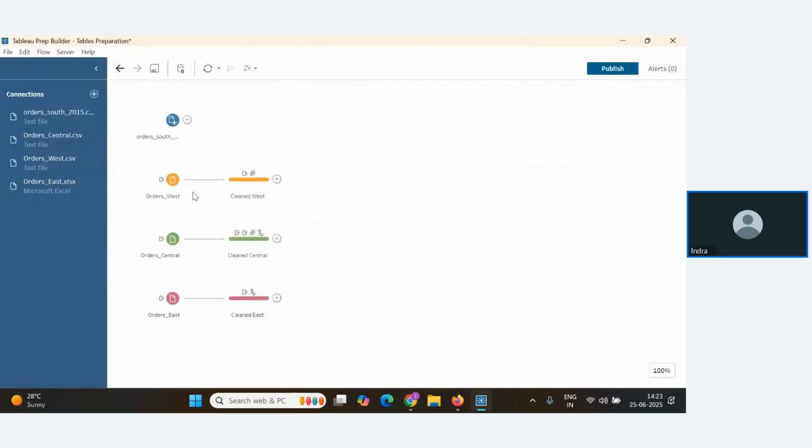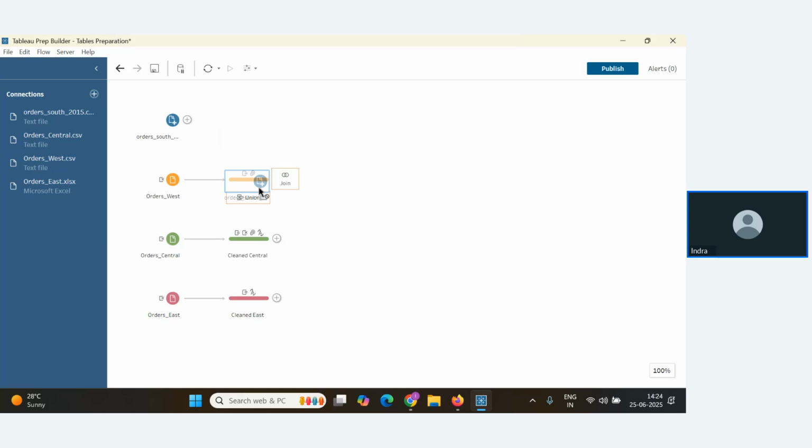Let us come back. Basically, I want to combine all these four region tables, because all these regions have the same structure. Same structure means they are carrying the same field names. So for that reason, I will perform union operation between them to combine them into a single table with all the regions data set. Got it? Now how to combine it? First I will combine these two regions, south and west. So you have to pick the first region. Let's say I pick the south region. I drag it, hold it, and drop it towards the clean west.